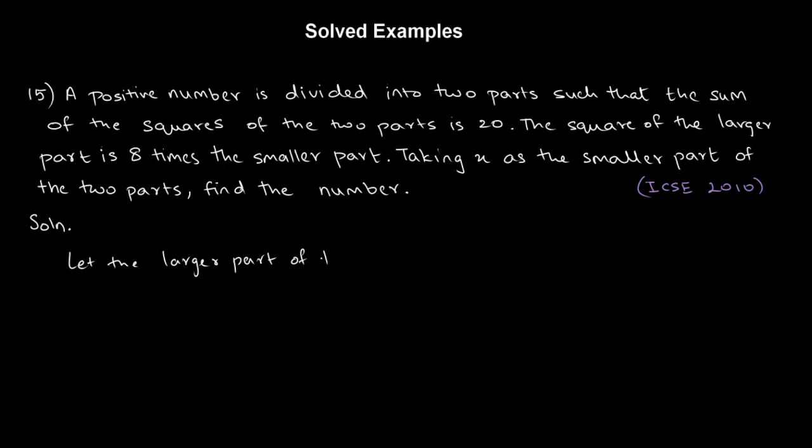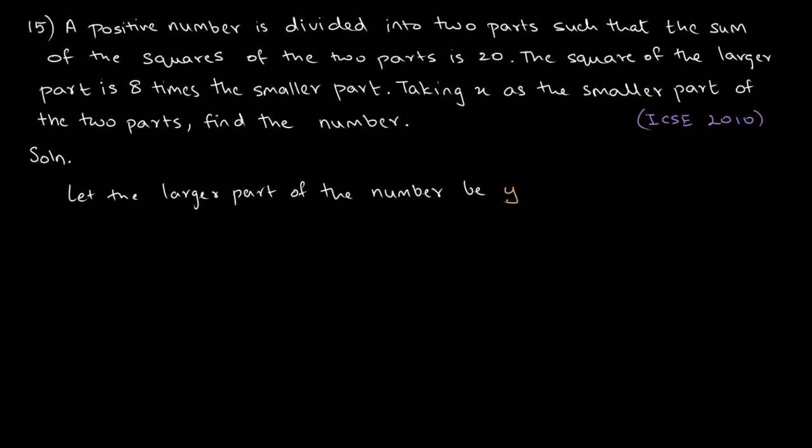They've given us the smaller part to be x, and let the larger part of the number be y. We are doing that just for maintaining some simplicity. You could honestly solve this by just considering one variable as x and adjusting it, but I like to take the other variable as y for now, then find a relation between x and y, and then make a substitution. The first sentence tells us that it's a positive number divided into two parts. So if the smaller part is x and the larger part is y,